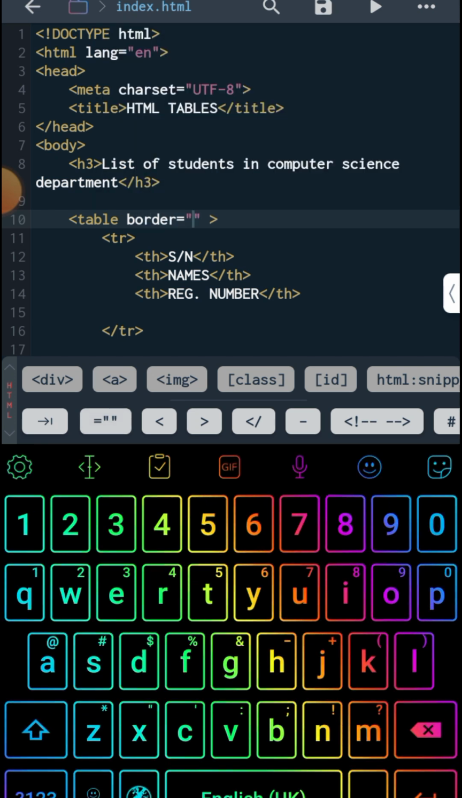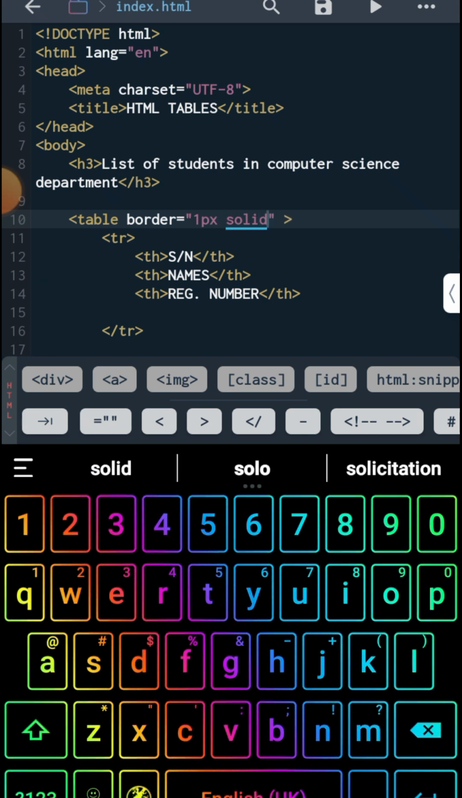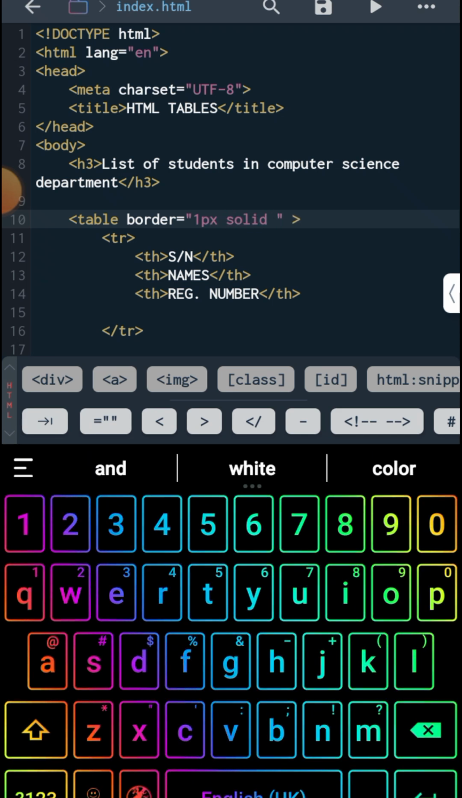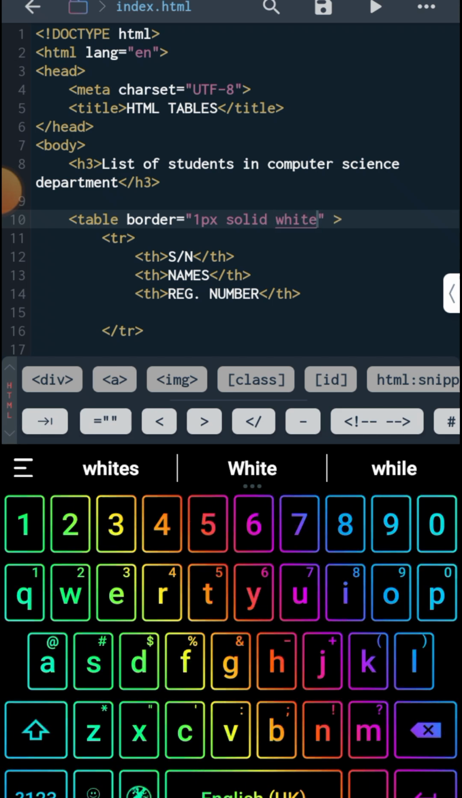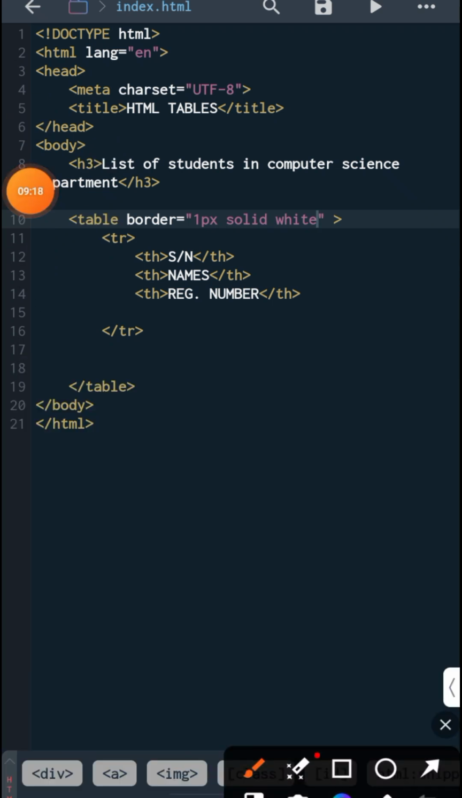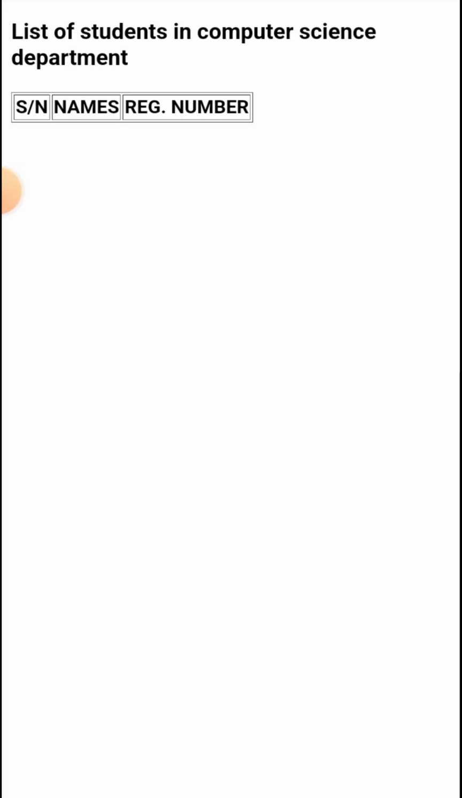Okay, we are going to be giving it 1 pixel solid. Let's give it a white border. Okay, let's run it now. You can see that our table now has a border, and this border helps you to know